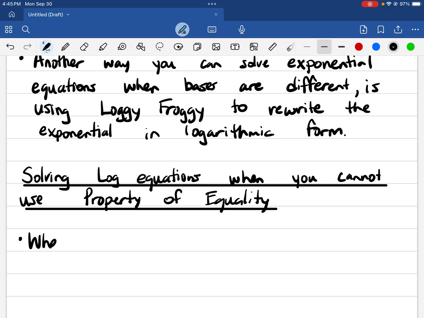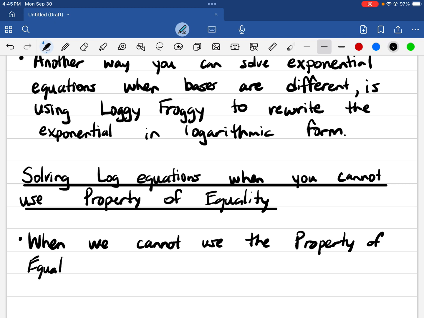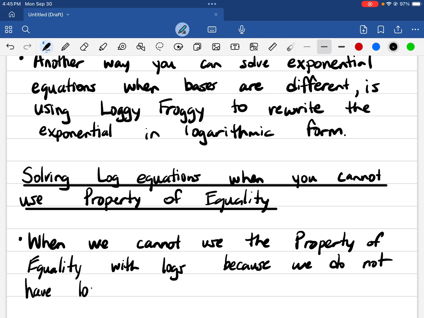So when we cannot use the property of equality with logs, because we do not have logs on both sides of the equation,